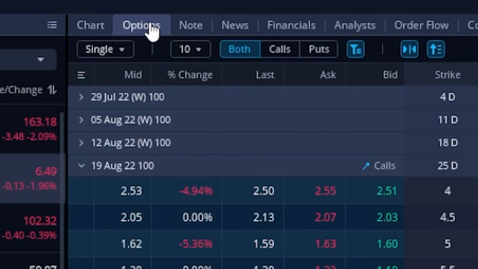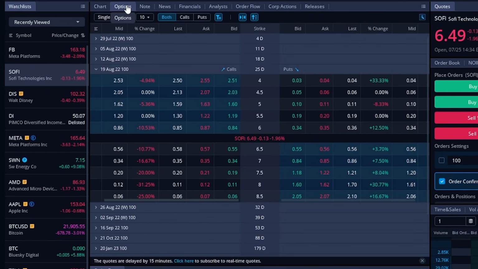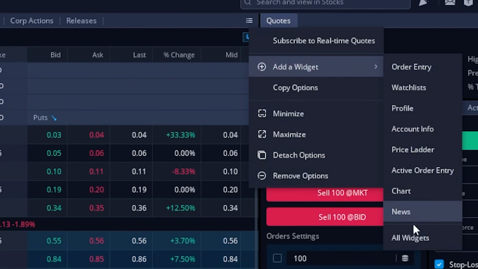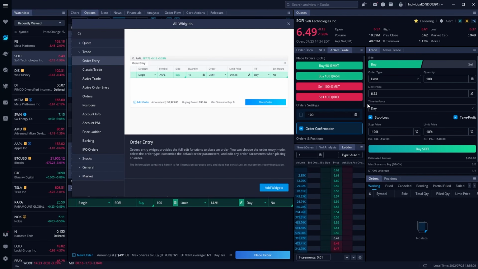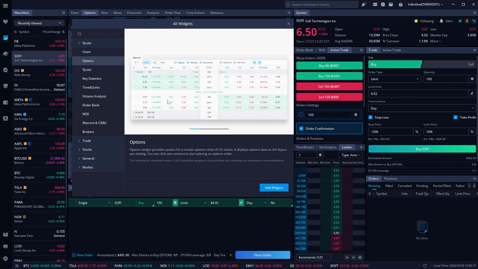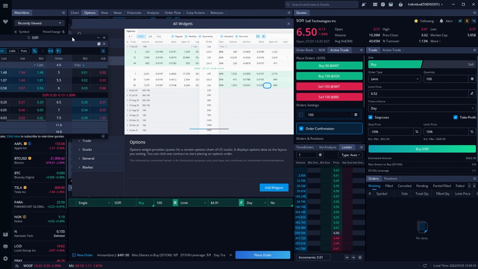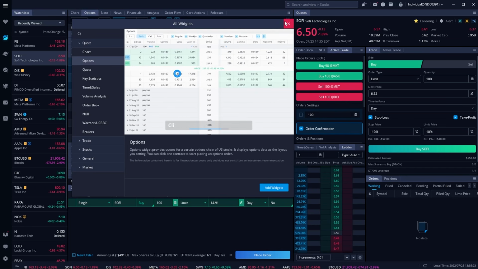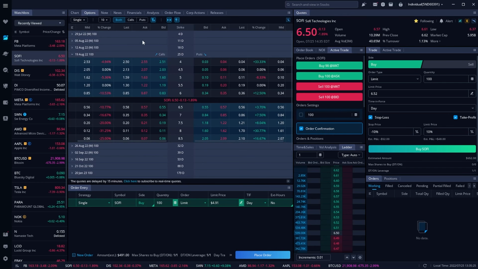And if we select that, we can then see the option chain open up right below. Now, if you didn't have this little options window, you could of course just come over to the 3 little lines, go to add a widget and select all widgets. Then just come over to the quotes page and come down and select options. We could then add this widget to our screen and put it wherever made the most sense, but for right now, we'll just go ahead and delete that, and we'll focus on this option chain